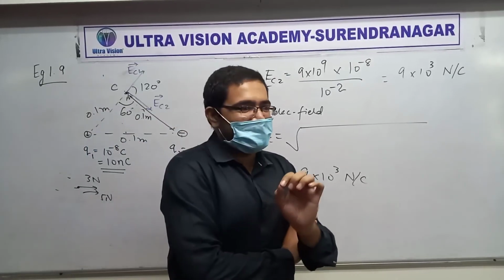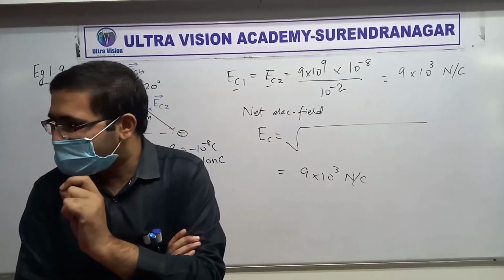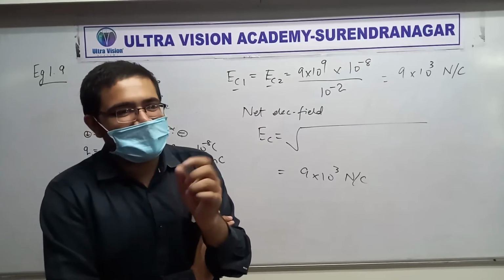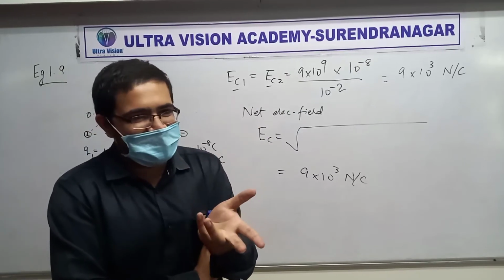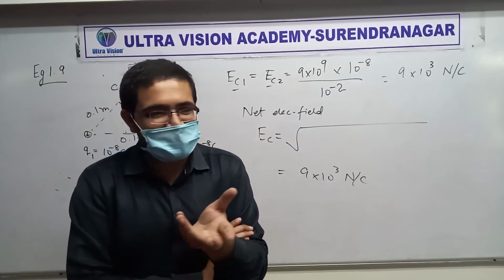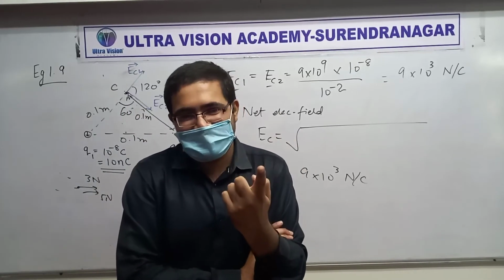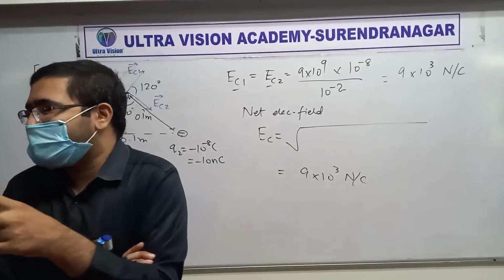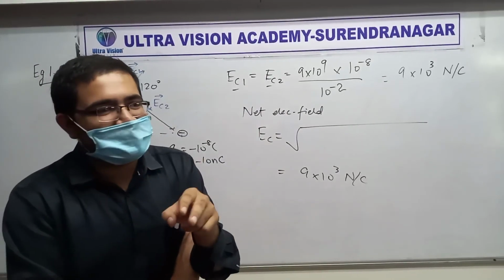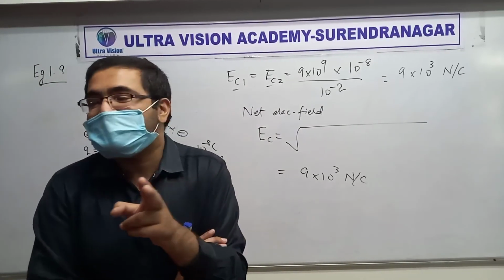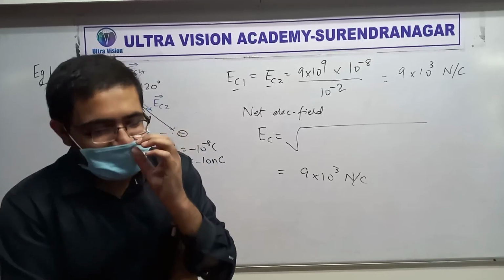Alright, in part B we are putting a point charge over there. If we put a point charge, then how much force will act? We can find it easily. Because if you find the electric field E and then you put a charge Q, then how much force will act on that charge? F vector equals QE. Got it?